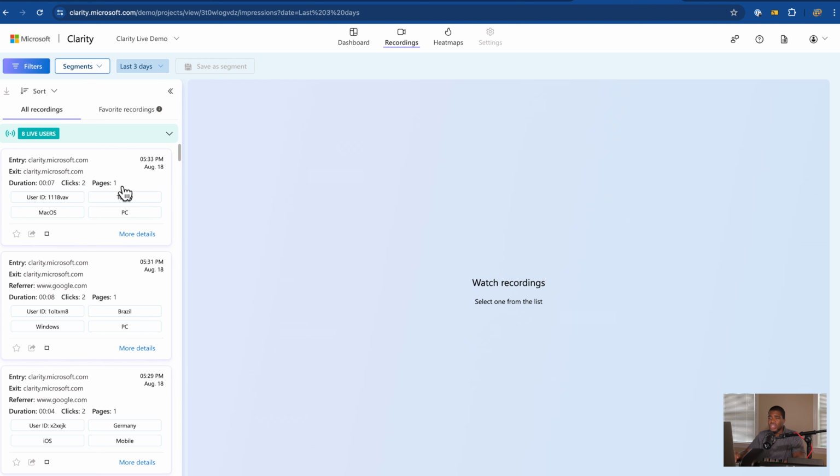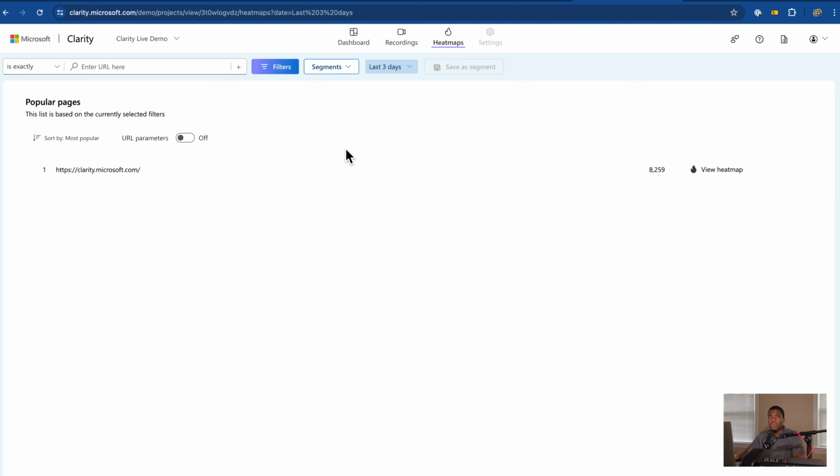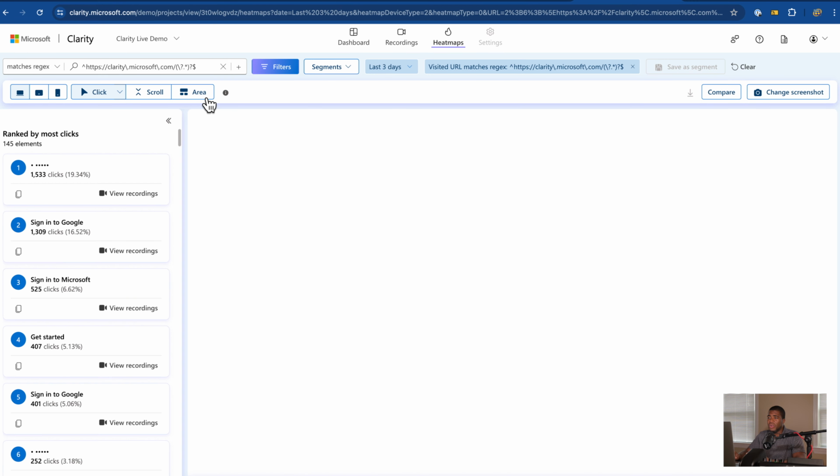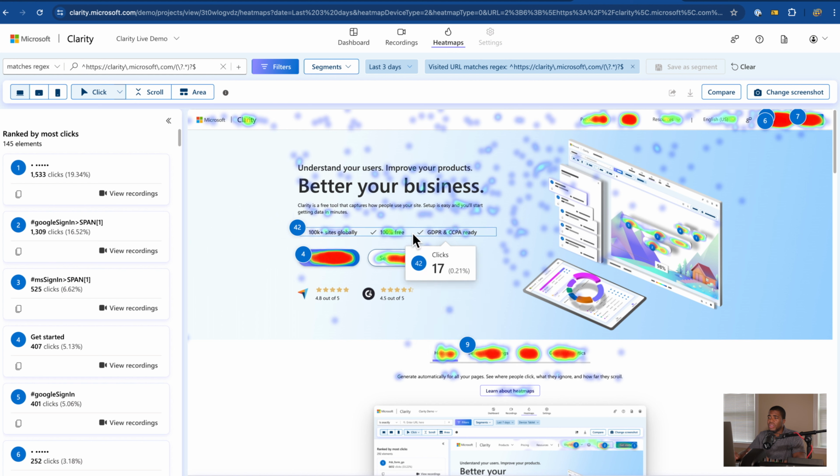And heat maps. You will not find recordings and heat maps in Google Analytics. You're just not going to find it. And this is important. Why? When we're talking about user experience, we're talking about optimizing for the user experience. We want to see what they're doing, how far they're scrolling, what they're clicking on, what area they're clicking on. These are very important things that Google Analytics 4, as dope as it is, is not going to show you